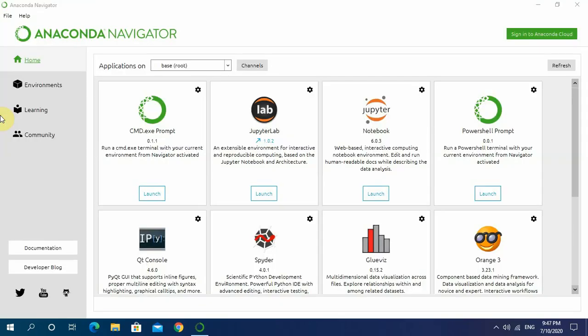So as you can see, Anaconda has loaded. There are many different options which have now been added, which are not seen in the screenshot of the book which we were going through. They have also added this Orange 3. This is also a component that can be used by Anaconda: GlueViz, Spyder, which we will be seeing, Qt console, CMD prompt, Jupyter notebook, PowerShell prompt. So these are all various options that we get pre-installed with Anaconda Navigator.